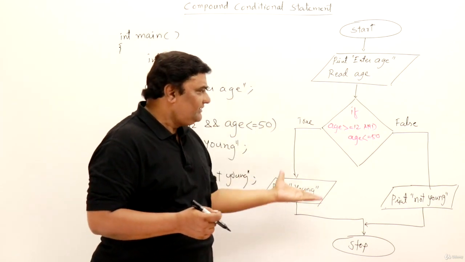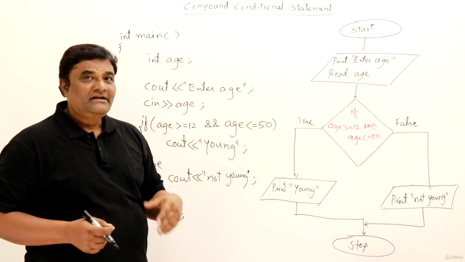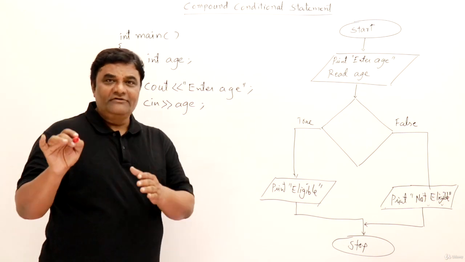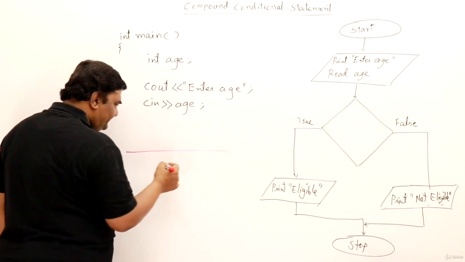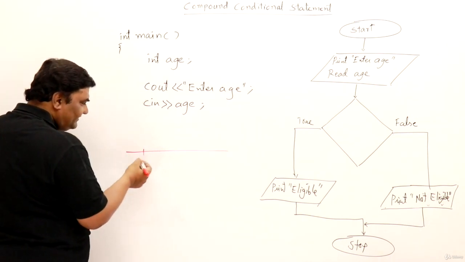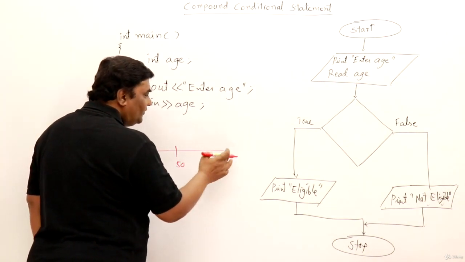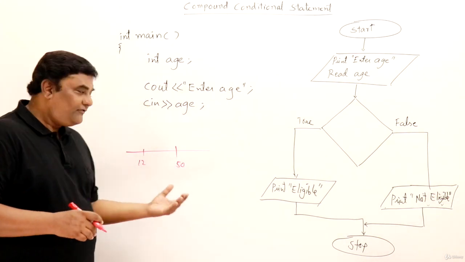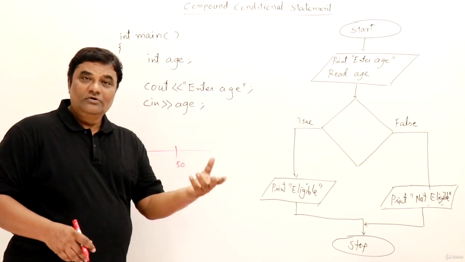The flowchart will be the same, I just have to change the messages, that is, eligible or not eligible. I'll make changes here and then we will discuss the next question. So let us frame a condition here. To be eligible for an offer, he should be a child or an old person, but not a young person. We have taken that up to 12 years it is a child, right? From 12 to 50 it is young, and beyond this it's old age, right? Now in this one we have to see that the age should fall on this side to be a child or on that side to be an old person.